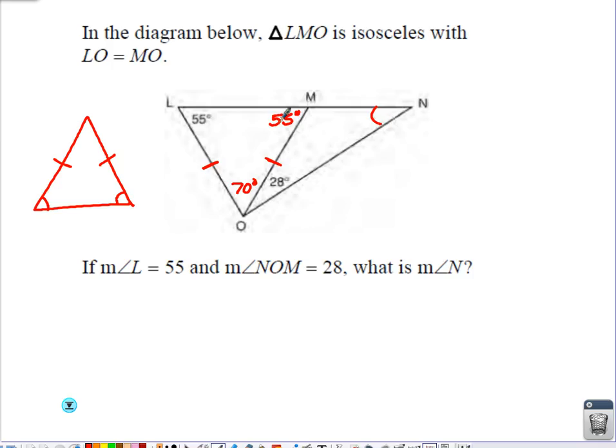55 would be a linear pair. That's one method. 55 would be a linear pair to this one, so that would make that 125. So really we didn't even need the 70, did we? There's another way I'm fixing to show you that you would have needed the 70. So now you can do 125, 28, and